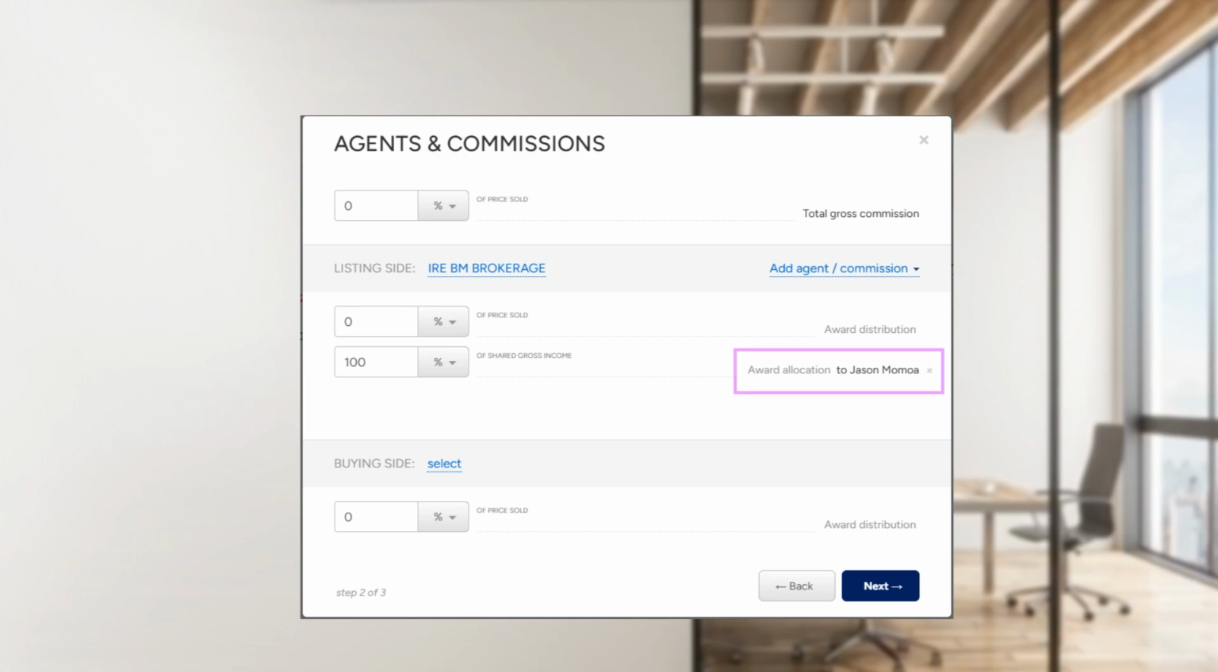Great! We've added ourselves, and we can see that we are receiving 100% of this listing, which will be calculated through my commission plan later. It's important that you do not change this 100% if you are the only agent. If we were to add a second agent, these fields would be used to split the gross commission between us